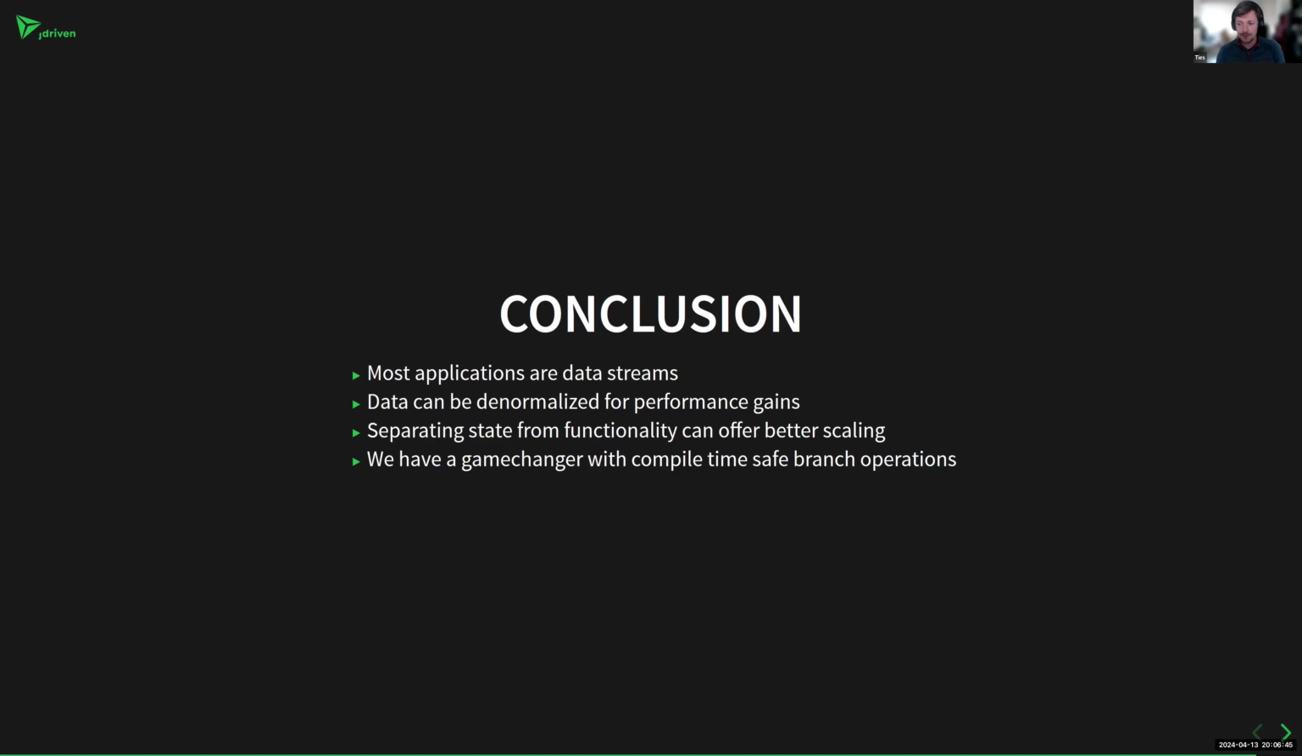But in conclusion of data-oriented programming in Java, most applications are just data streams if you look at them in a very abstract way. And data streams only have a map, a filter and a branch operation. It's basically just state changes through data. So why have types? You could use hash maps as well. And this can be beneficial for performance